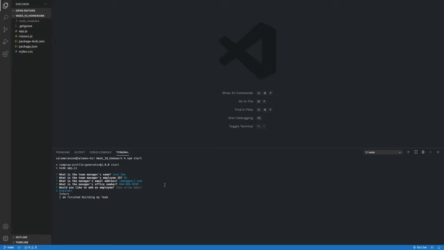Next, you'll be prompted to add additional employees. You have the option to add an engineer, and you have the option to add an intern. Based on the decision that you make here, you'll be presented with different questions. If you want to add an engineer, we'll click engineer, and the program will prompt you to enter the